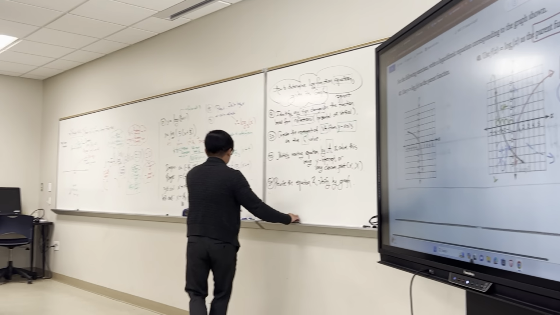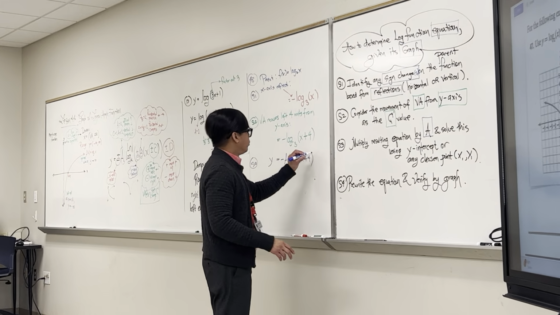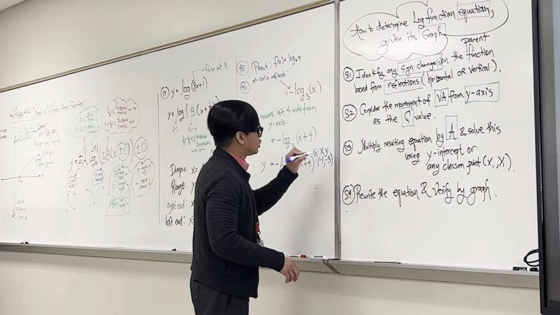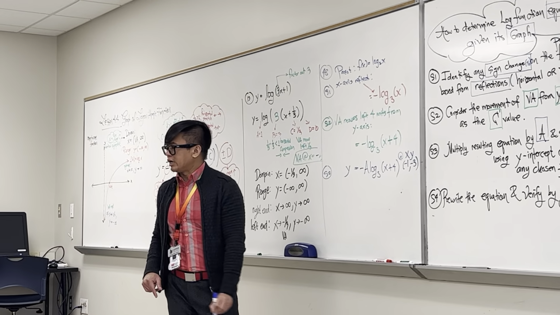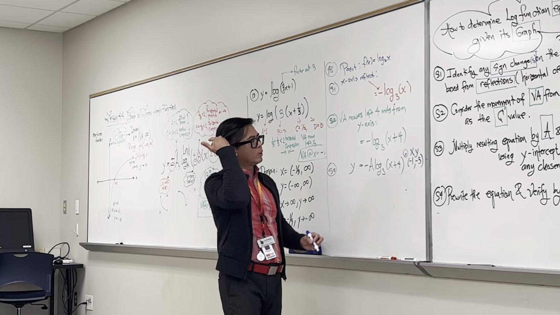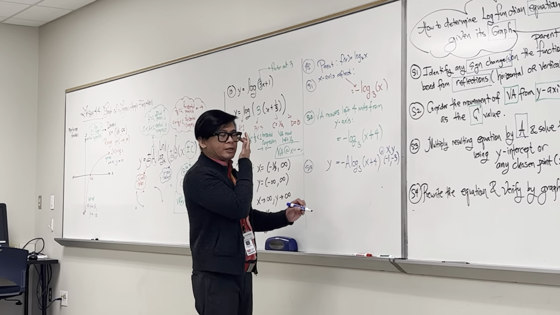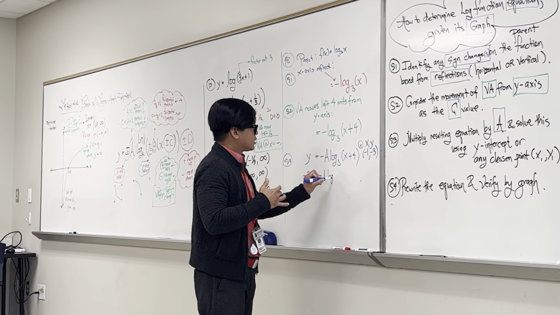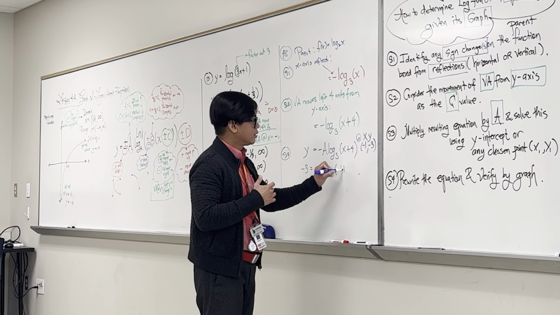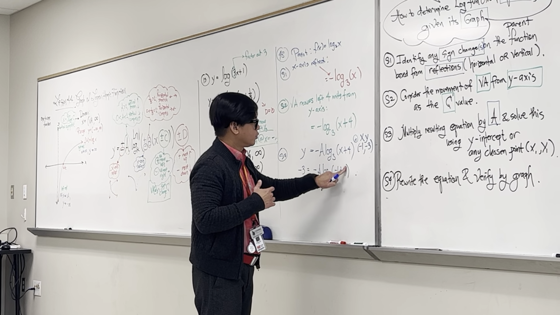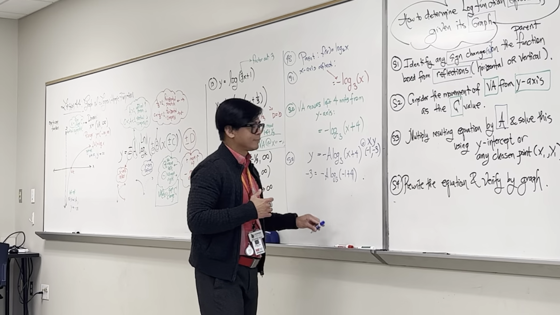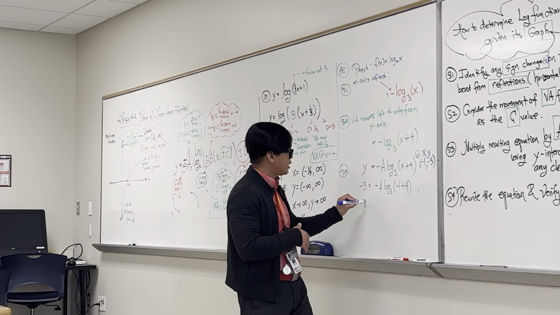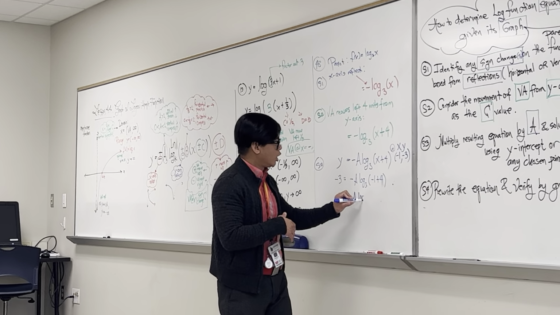So put it in here as follows. Again, at point negative 1, negative 3, so this is your x and this is your y. And we can solve for A using that. What's your y again? Negative 3. So negative 3 is equal to negative A log base 3 of, what's this again? Negative 1 plus 4. Are we good, guys? Okay, so continuing, negative 3 is equal to negative A log base 3 of,